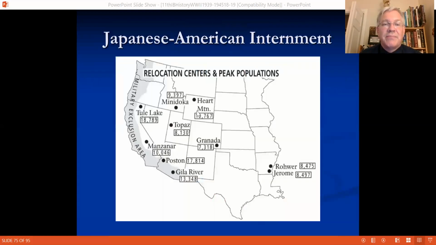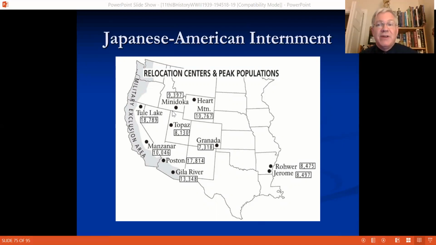Yeah, here are the locations. So you have this exclusion area along the coast, and there are some of the larger internment camps. Look, there's one right not too far from Twin Falls, where you had the peak population over 9,000. If you go to Minidoka, you can't really see too much there now. I think they have a commemoration site, but the ragtag, flimsy buildings that were used to house people are pretty much all deteriorated.